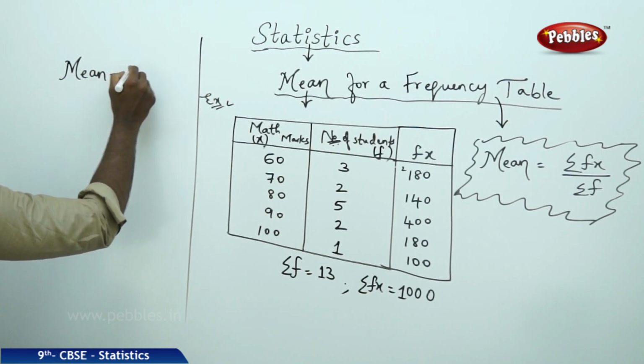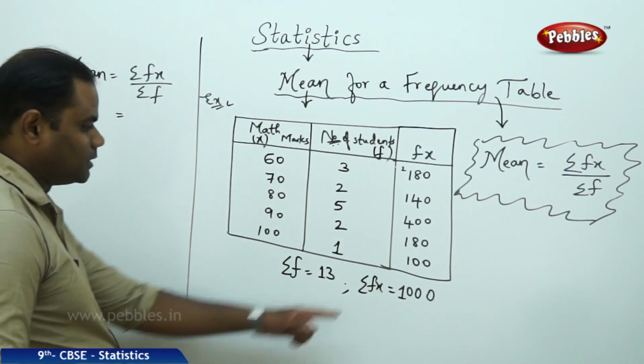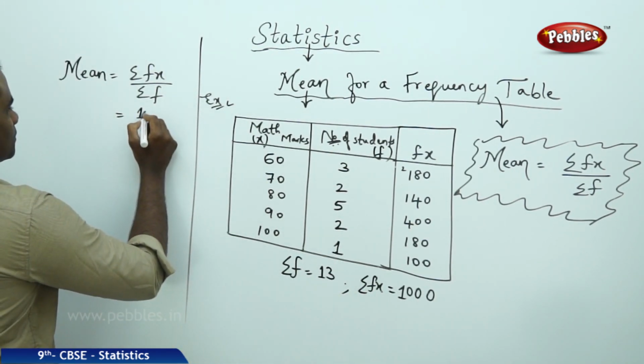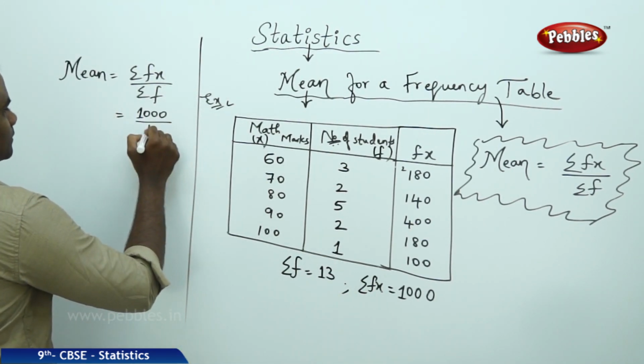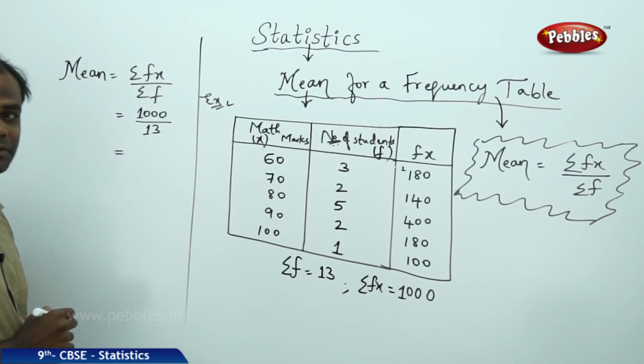So my mean, which is sigma fx by sigma f, gives me 1000 by 13, which on further simplification gives